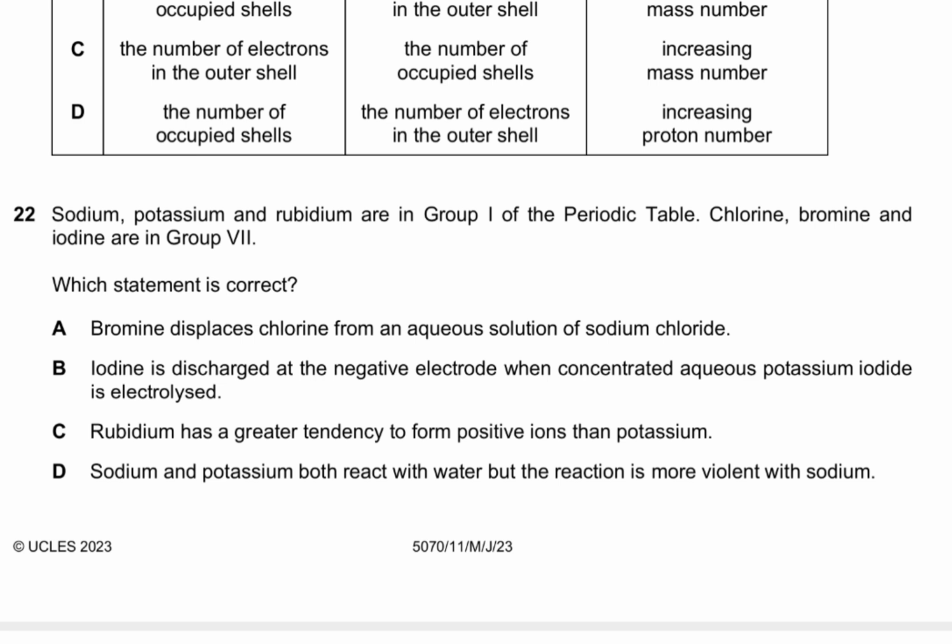Iodine is discharged at the negative electrode when concentrated aqueous potassium iodide is electrolyzed. Obviously iodine couldn't discharge at a negative electrode. So the next one, rubidium has a greater tendency to form positive ion than potassium. Yes, obviously potassium is at the top of the group और rubidium जो है at the bottom of the group present है. Down the group size increase कर रहा है, rubidium की capacity ज्यादा है electron lose करने की और